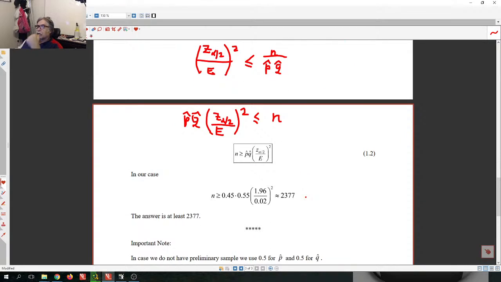Okay. So if we want to improve this estimate for the proportion of support for Donald Trump in that poll, we definitely need to increase the sample size. And how big of a sample size is that going to be? Well, according to this formula, if you don't want the margin of error to be bigger than 2%, then your error tolerance is 2%. You want to keep the same confidence, so the z-critical value is still 1.96